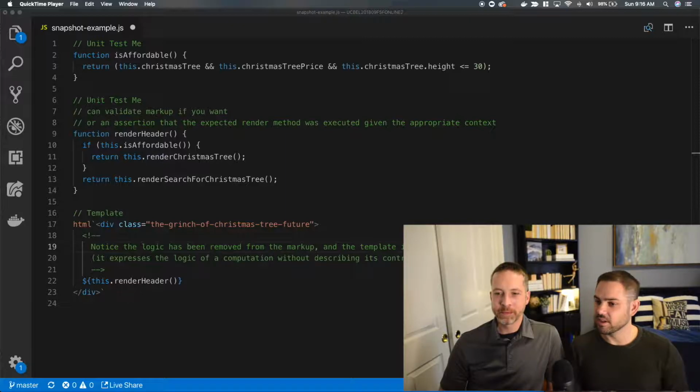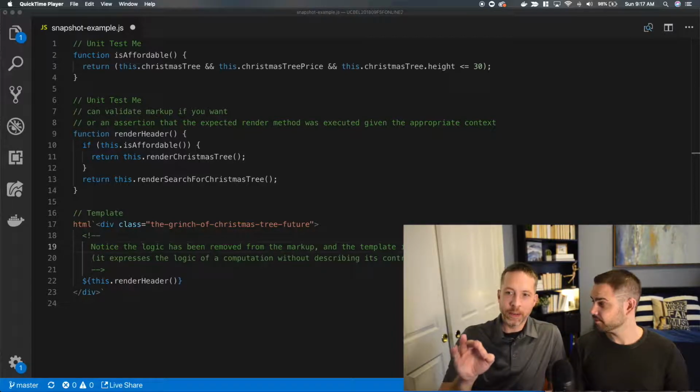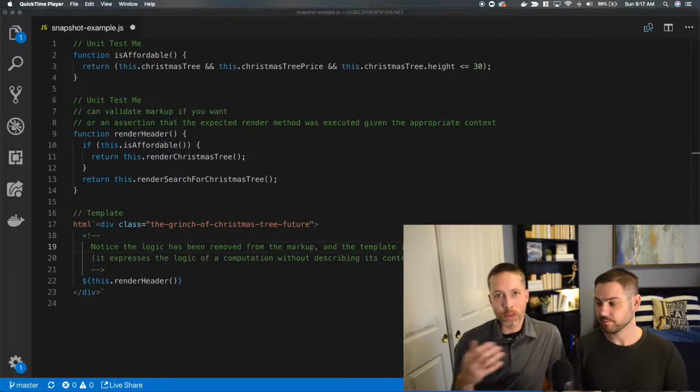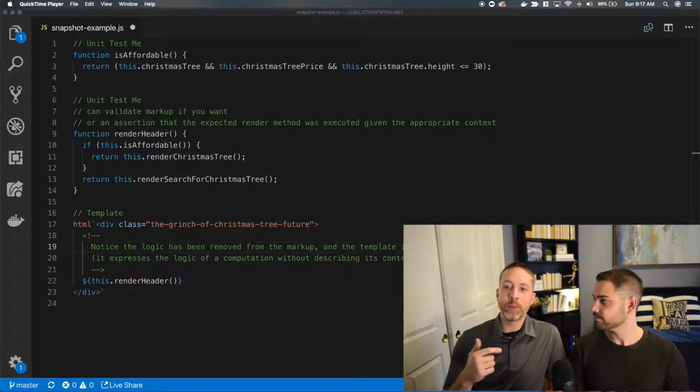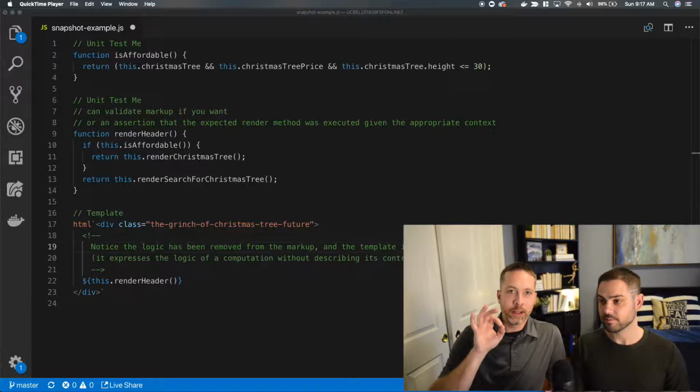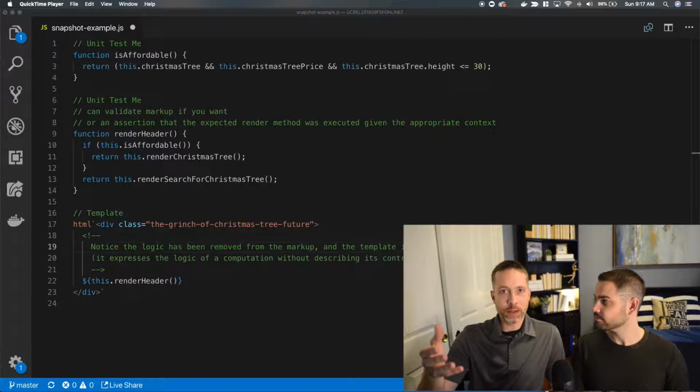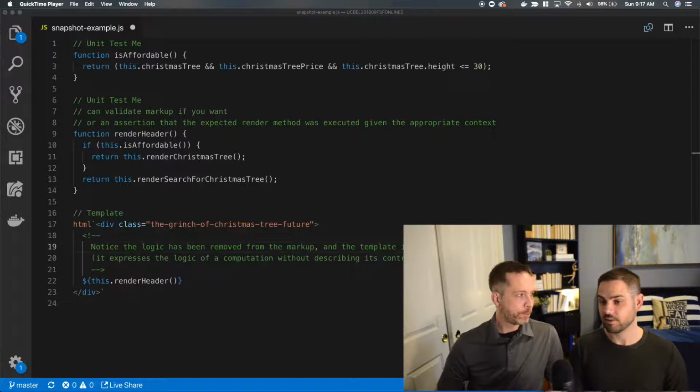What I've done is taken the business logic out of it and put it into functions so that they could be tested separately from the markup. You can see my comment on line 18 through 21. Notice that the logic has been removed from the markup and the template is once again declarative. And historically, that logic dealing with how the model is presented to the view layer would have been done on the back end. But now more and more of that is being moved to the front end. However, you can still use this pattern and unit test those model-related attributes before the template, on the front end. Right.